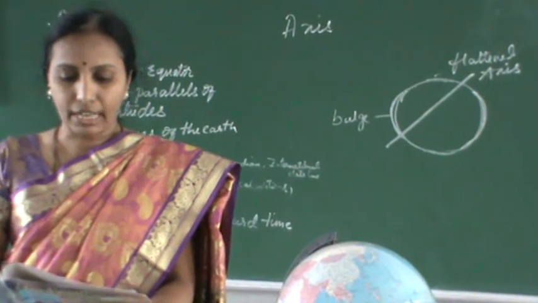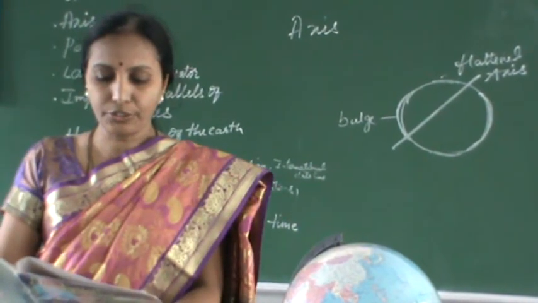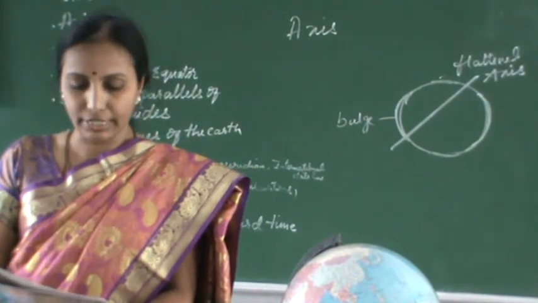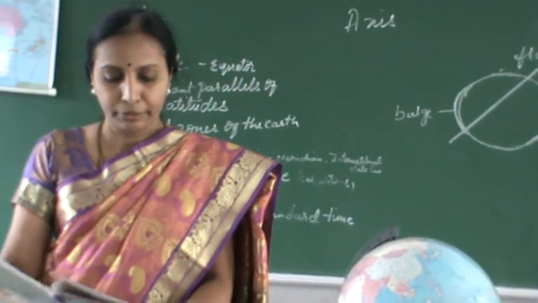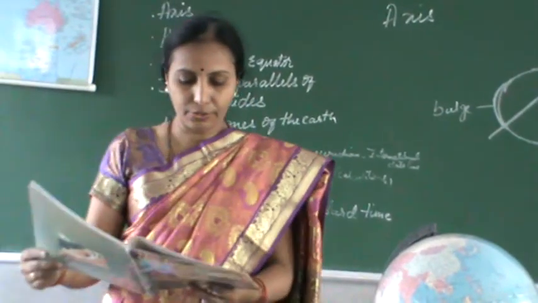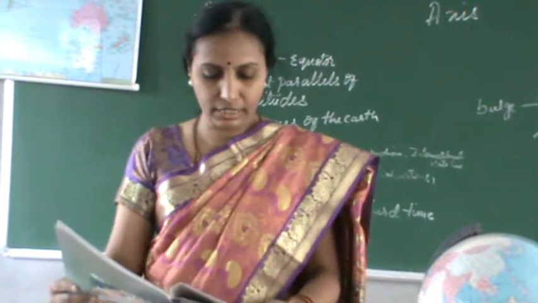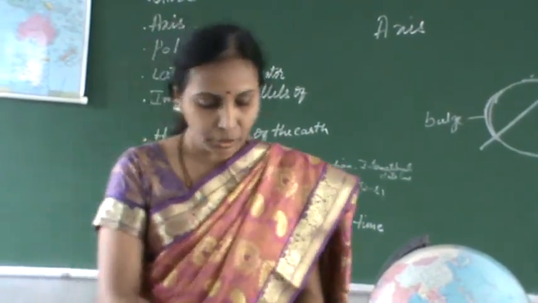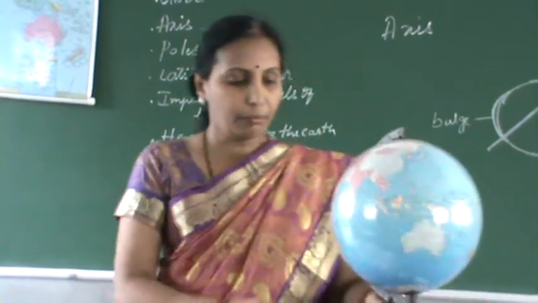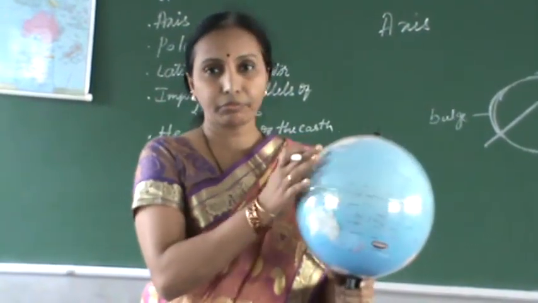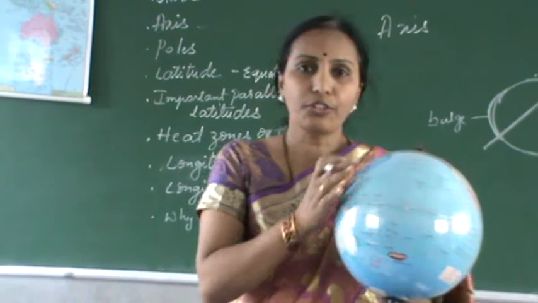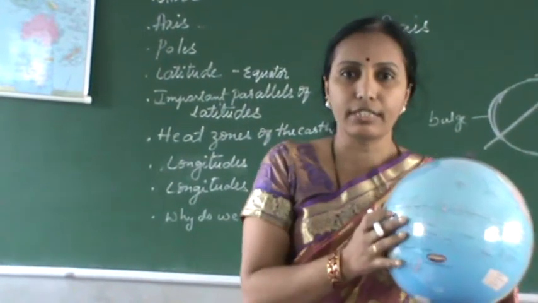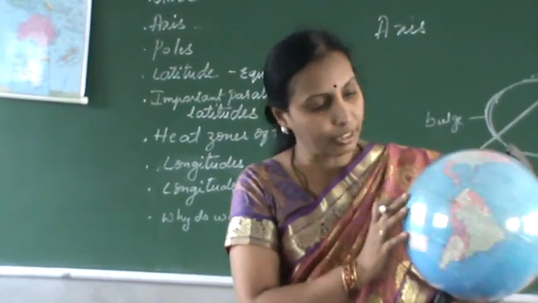Another imaginary line running on the globe divides it into two equal parts. This line is known as the equator. The northern half of the Earth is known as the northern hemisphere and the southern half is known as the southern hemisphere. Now see, one more imaginary line. If anyone asks to locate countries on this, it is difficult to search like this.